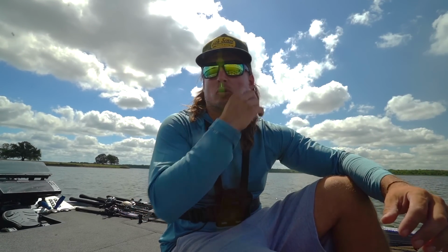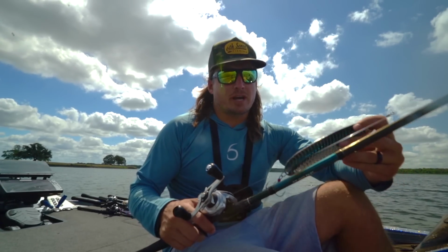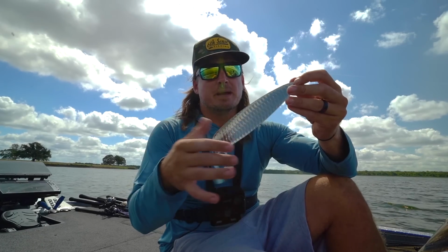They're kind of pushing around in little wolf packs of 5 or 6 fish. And then there's a bunch of little fish that are 1 to 3 pounds, up blasting around chasing those little tiny threadfin shad. So I'm trying to mimic that bigger bait, and this big spoon has been the best bait to throw for